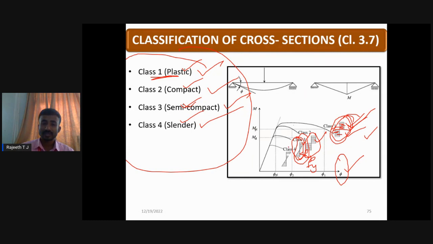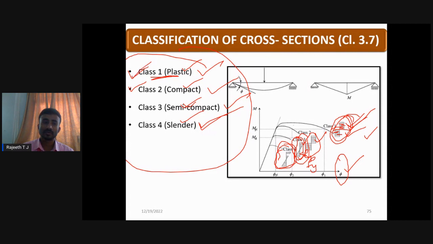So the fourth one is class 4 section, or slender section. Here, this is the weakest section. What will happen here? Because of the application of the load, because of undesigned depth to thickness ratio, upon application of the load, the member is going to fail. So normally we are going to use plastic sections for